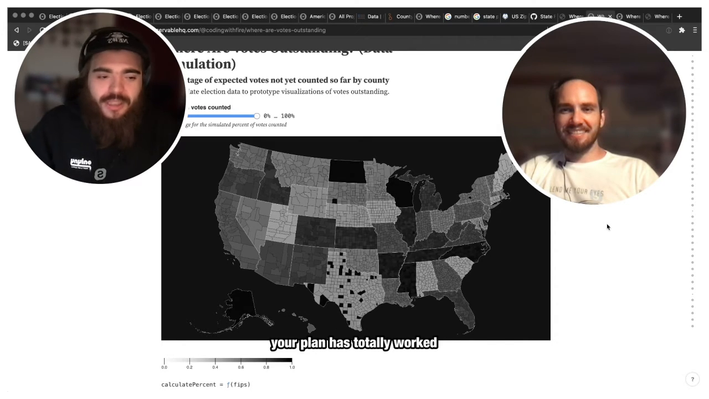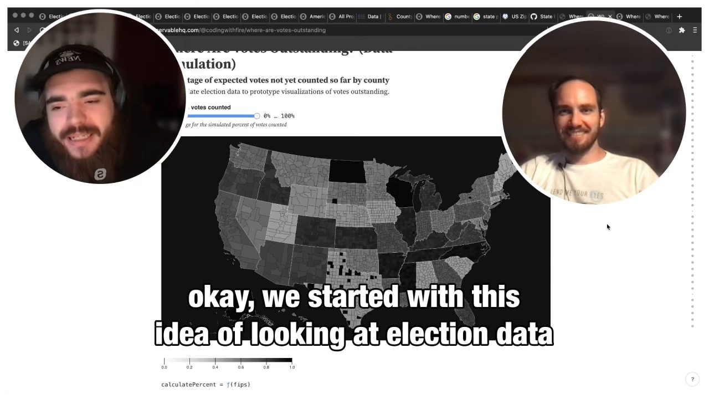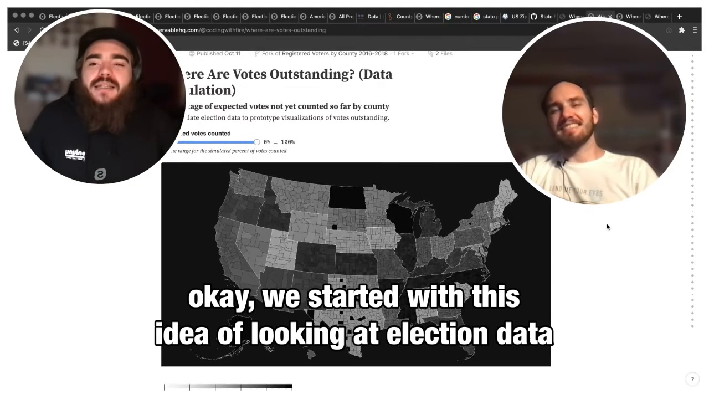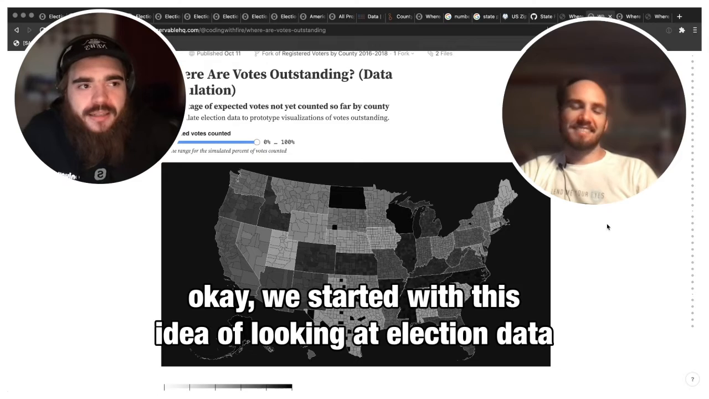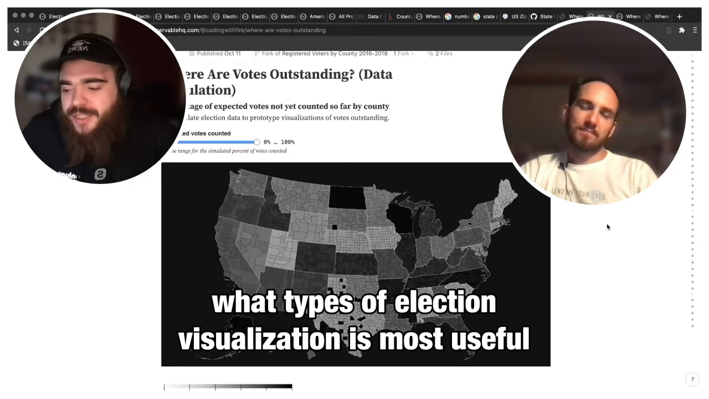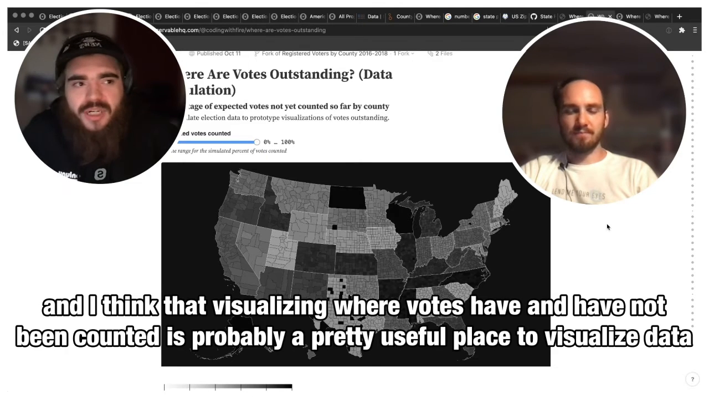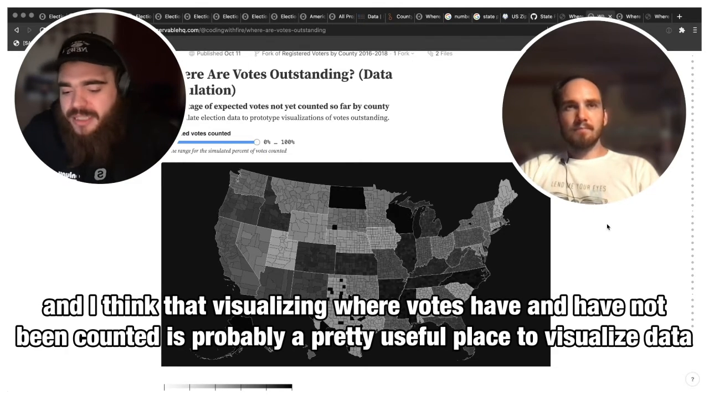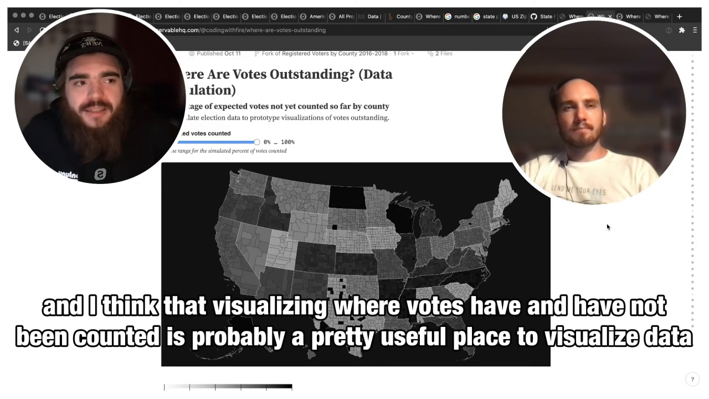Your plans totally worked. Okay, so we started with this idea of looking at election data. It is October, and there is an impending election. What types of election visualization is most useful? And I think that visualizing where votes have and have not been counted is probably a pretty useful place to